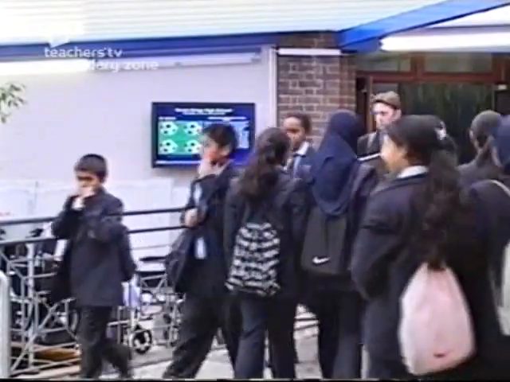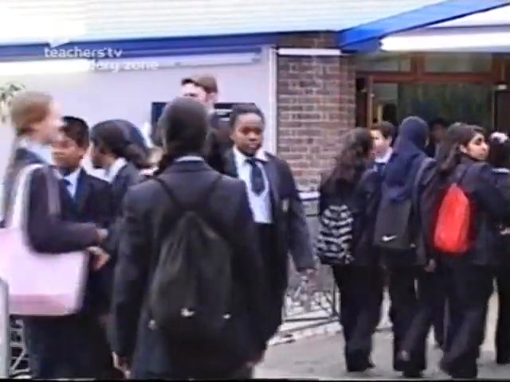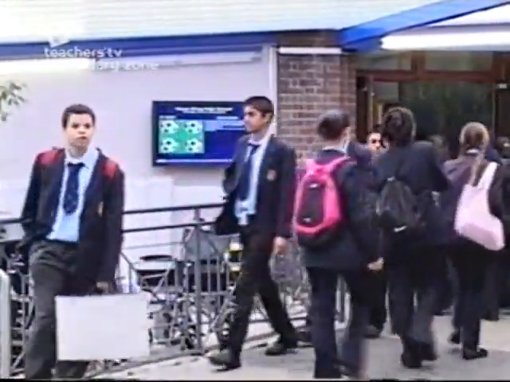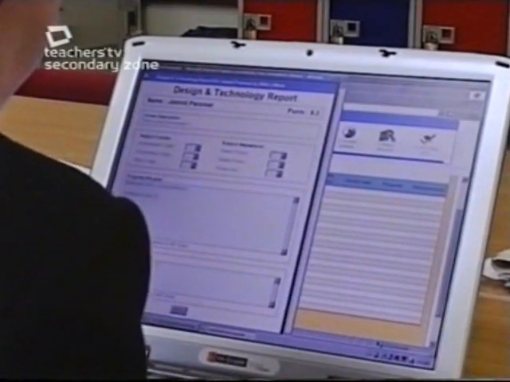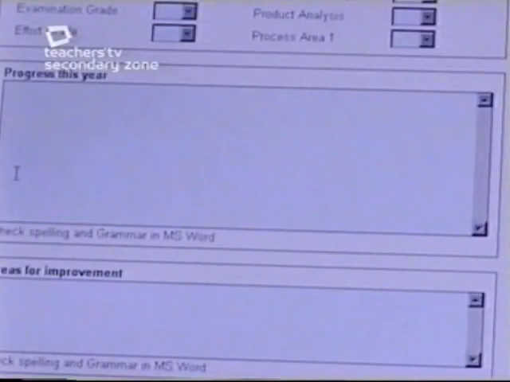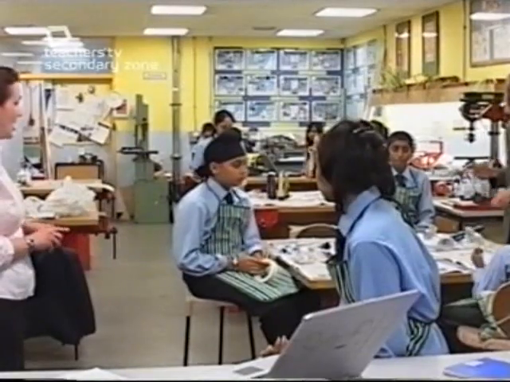At Seven Kings, they have customised an off-the-shelf management information system to make it work for their particular vision of assessment for learning. We looked at the existing management information systems and we couldn't quite find exactly what we wanted in the format we wanted. This whole personalised, and it is personalised access to information about children. We're very fortunate to have a technician at the school who was able to create the system based upon what was already there and just create an interface that accessed what was there.